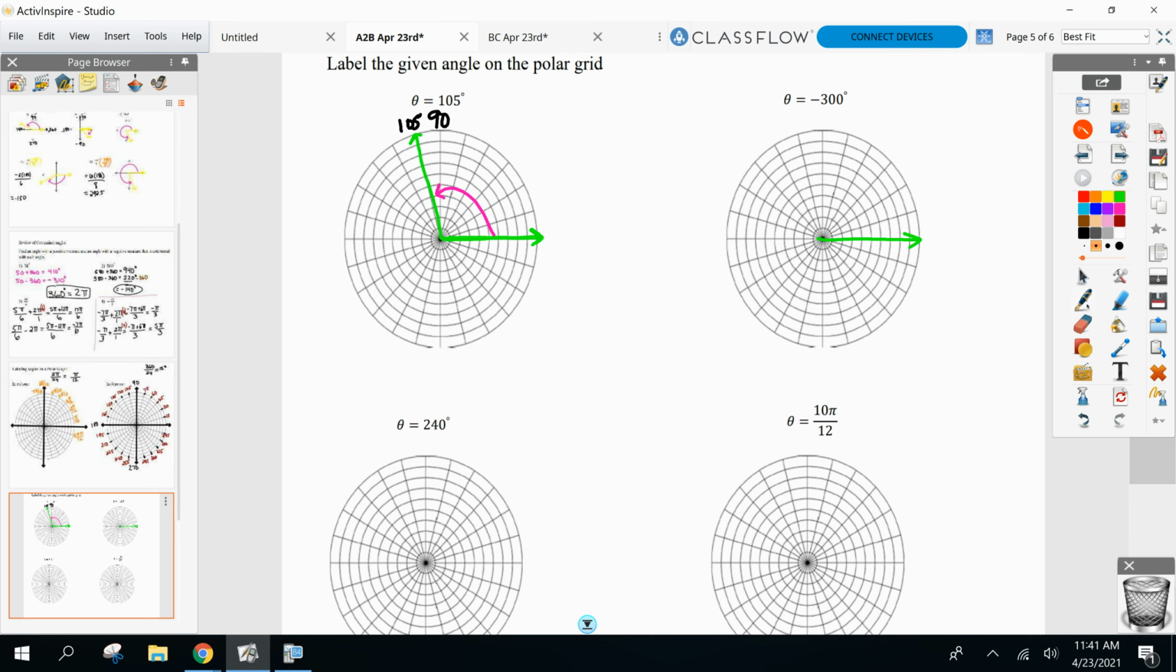Negative 300, so remember how it went. Let's see, negative 90 was down here. Negative 180 was directly across. Negative 270 is on top, so let's start from there. Negative 270. Keep adding 15, negative 285. Keep adding 15, negative